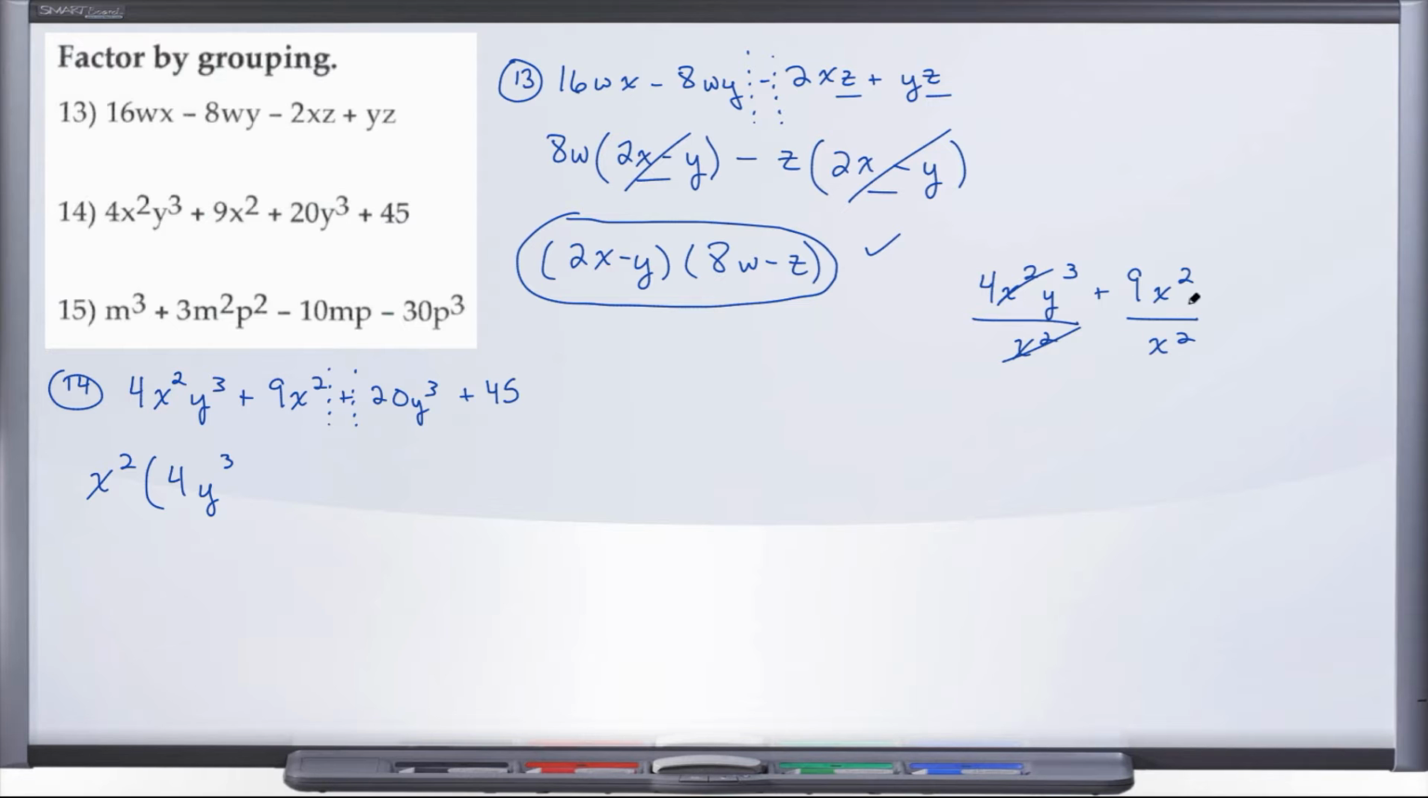All right, and here our x squareds are going to cancel, so we're just left with a plus 9. All right, we're going to bring down this middle sign and take a look at the right-hand side now. So we do have coefficients here, and it looks like 5 is going to be in common, right? 5 goes into 20 4 times, 5 goes into 45 9 times, and I think that's going to